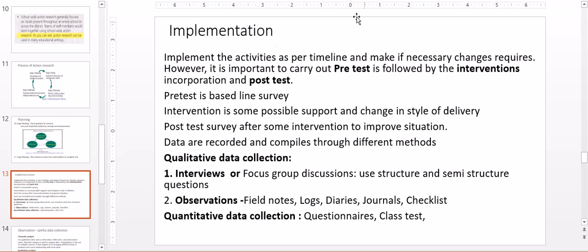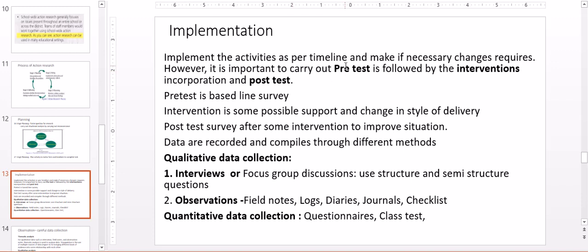All right, then coming to the implementation. Once you have the questions, and you have done the literature review, then you will always think about how you are going to do it, what the design of your research is. You are also looking at what interventions you are going to give to the students